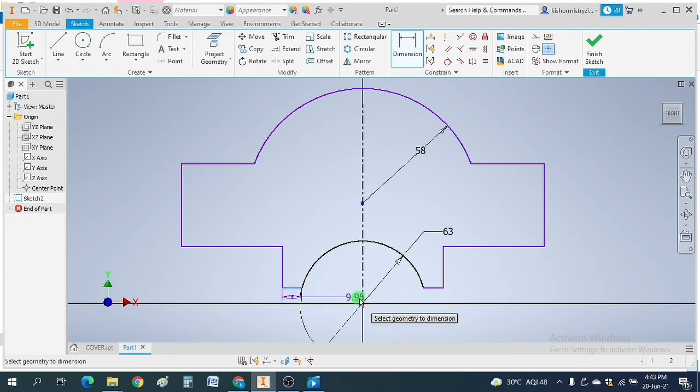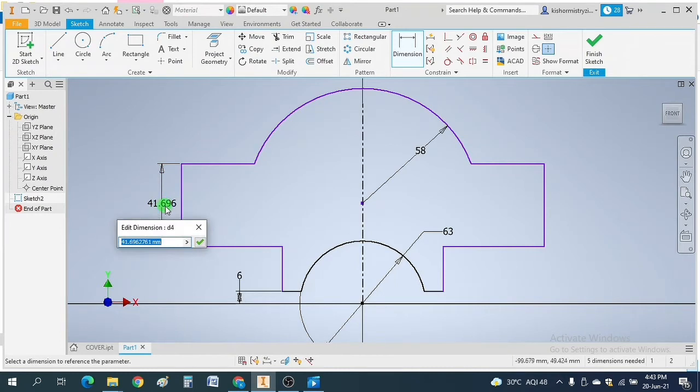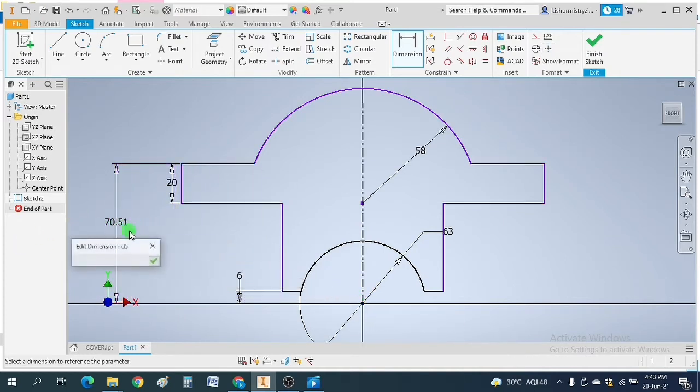Now give dimensions. This will be 6. This will be 20 millimeter. This will be 51.